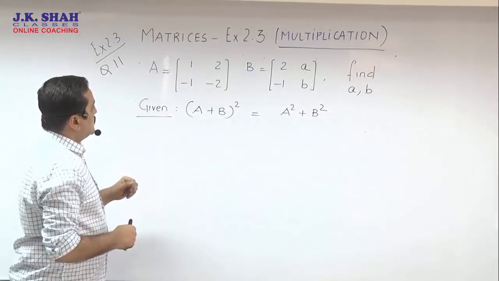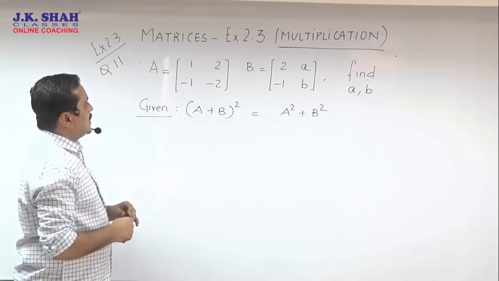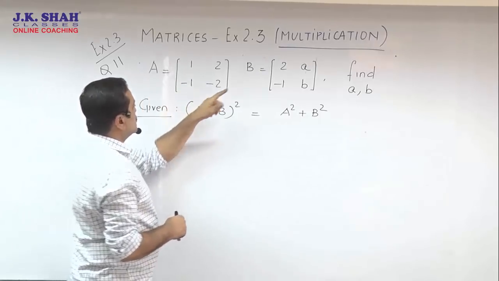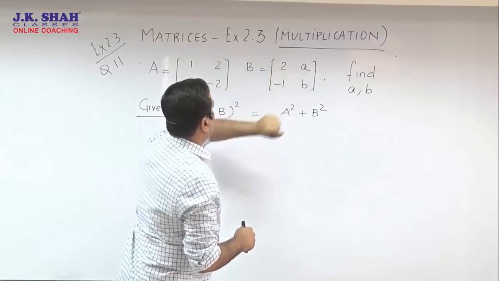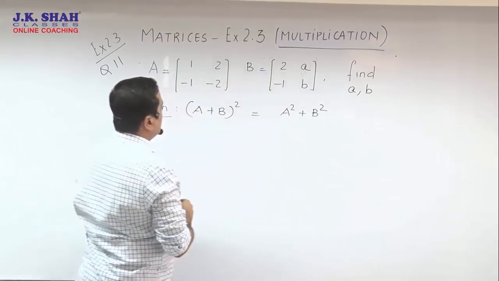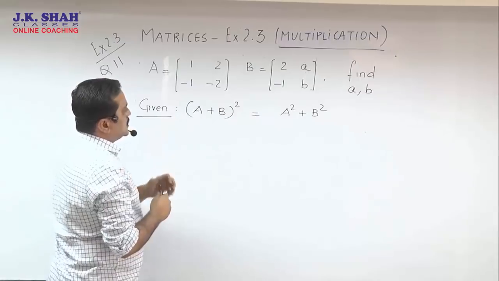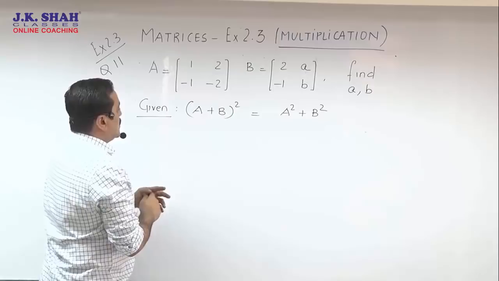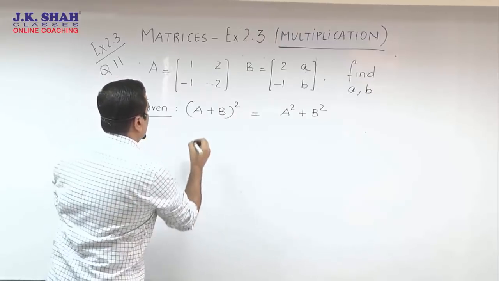So now we pick up the question which we have right now in the new textbook. They are giving me matrix A and B, and as you all can see, in matrix B we have two unknown elements A, B. We are supposed to find A and B. They are giving you that condition. Once again, like the previous one, I would not like to work on this. Let's simplify and see what we'll have to work on.